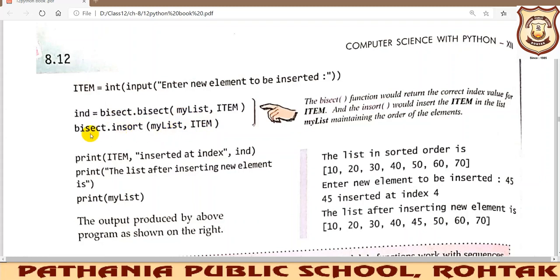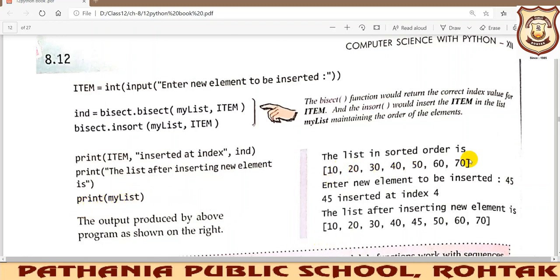So these two steps will allow insertion of an element in the sorted list, and the sorting will remain unaffected. The order will not get disturbed, it will not get unsorted. So at last you can print the index of the item and the item itself, and the whole list we can print like this.